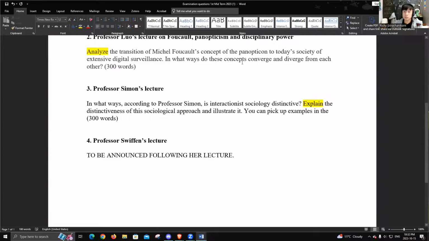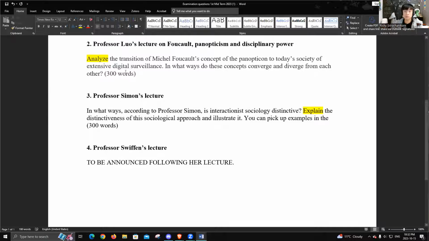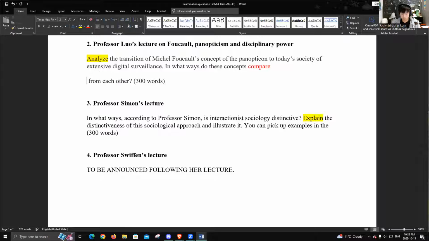Professor Luo's lecture on Foucault, right, in Disciplined Society on the digital surveillance. It's a comparison question, right? So in what ways do they converge and diverge? That is just another fancy way of saying compare, right? Compare